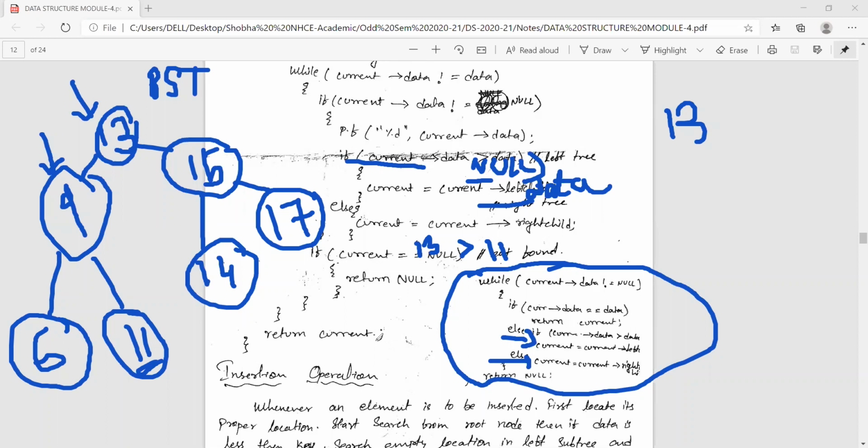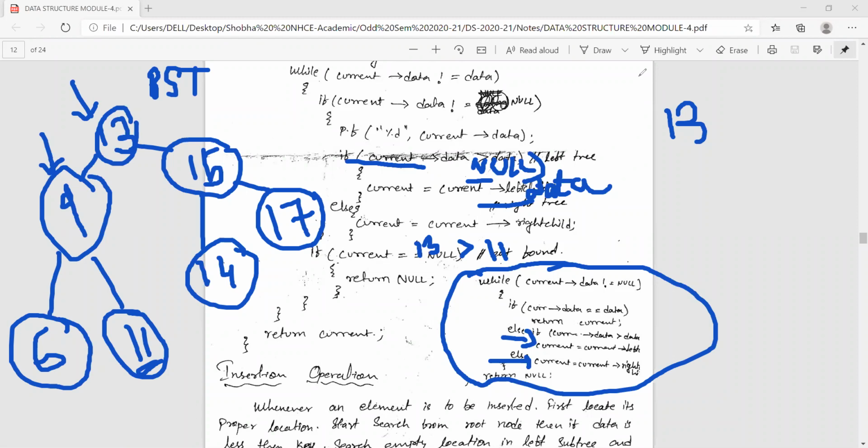Anyway, if it is not found, if current is double equal to null, you finished everything and you have not found it, then you will return null, which will be caught in the main program and it will be written as element not found. Anyway, the clear program with all the functions, insertion, deletion, everything we will discuss in the lab program. We have binary search tree. I thought binary tree also is there, but tree traversal is not there in our lab exercise. But still, binary search tree operations are there in our lab program. So there you will have a clear picture.